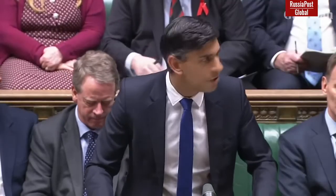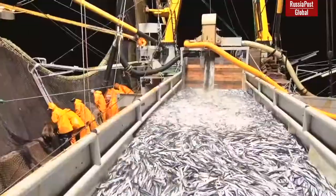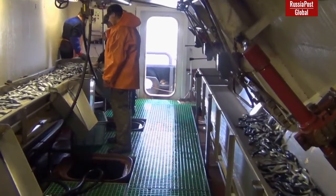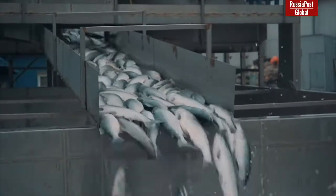Recall that Russian exports of fishery products have been critically dependent on four markets for many years. 95% of exports went to China, the European Union, the United States and Japan. And, for example, for the US, Russia was one of the main suppliers of crab, salmon, pollock and cod. This factor was perfectly known to the author of global anti-Russian sanctions, which have no analogues in history, and therefore, having failed to harm us in other sanctions directions,